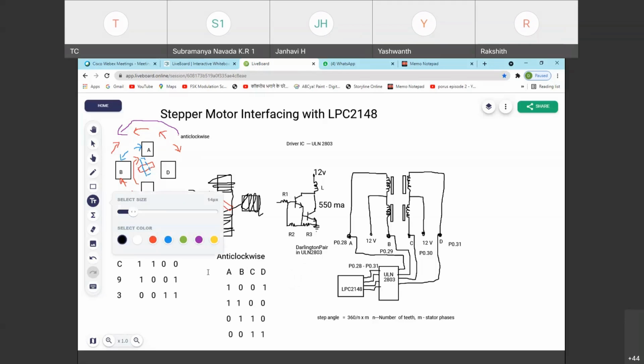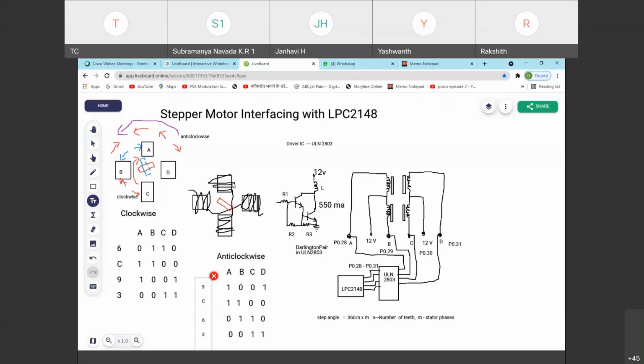Anti-clockwise means first I should provide the value 9, then C, capital C, 9C, then 6 anti-clockwise, then 3. So 9C 6 3 C 6 3 are the two combinations.